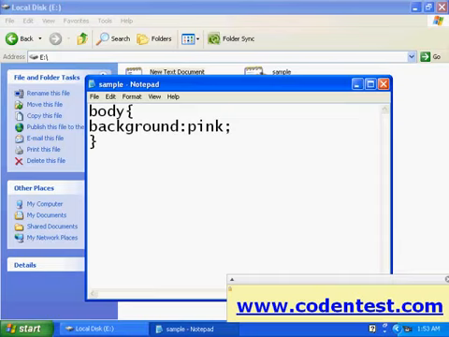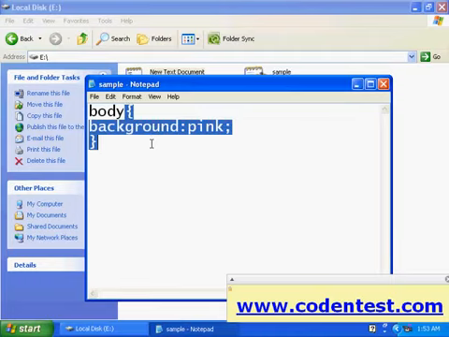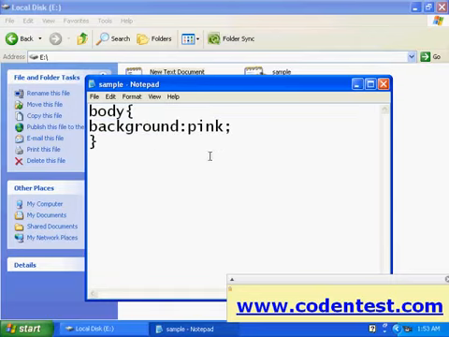I'll save this. This is our selector and this is our declaration block. I saved that.